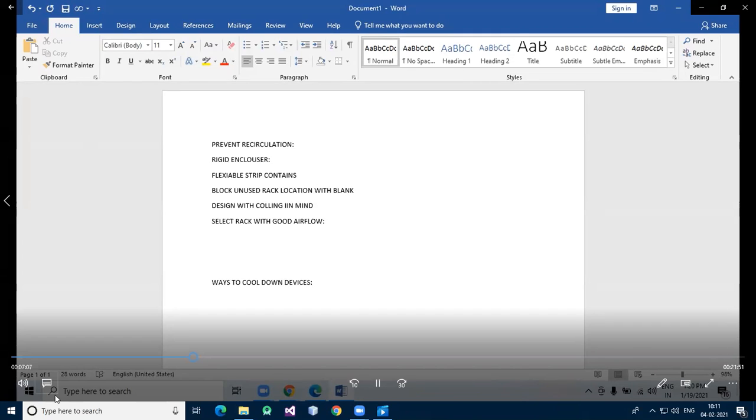Rather than spending the money to cool the entire data center, you can save some money and just cool down the device generating heat. So these tips can help. Use the correct diffusers. Okay, use the correct diffuser.